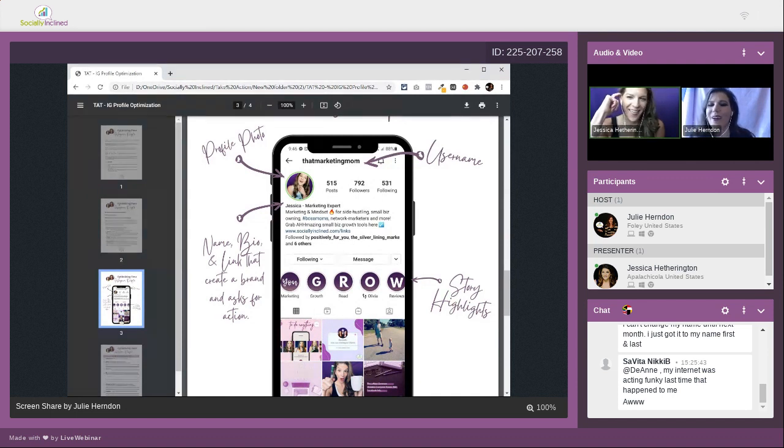So, your username, then your name and your bio. The most important takeaway from this is that the second part of your name needs to speak to what you do. It doesn't exactly have to in your username, but it does in your name here.